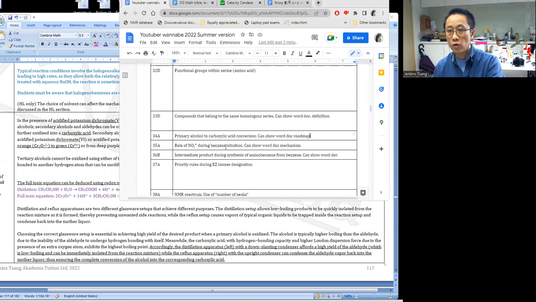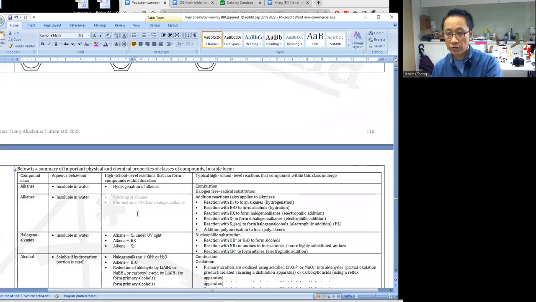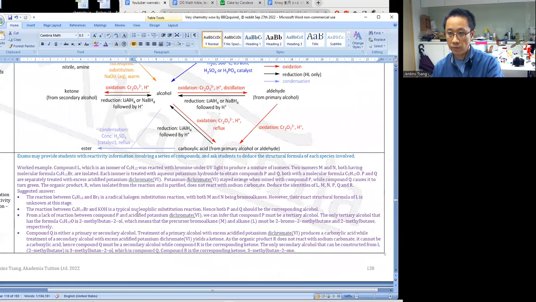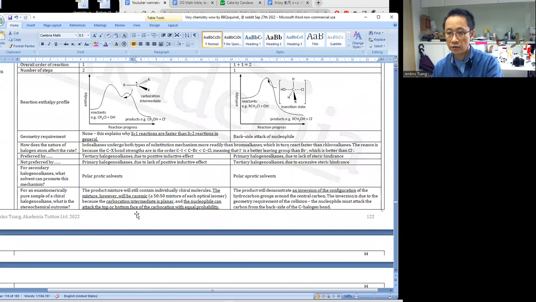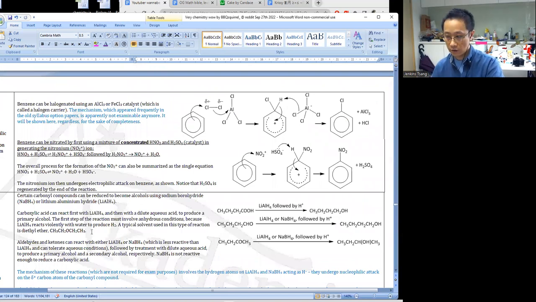Moving on, question 35, role of NO2+ during a benzene nitration reaction. And they did give you the reaction, but hopefully they don't even need to give you the reaction. Benzene nitration only occurs through a unique mechanism as such. So NO2+ is a species where the nitrogen definitely does not have a lone pair, and the mechanism just involves, if you have to, I don't think you'll ever need to draw out the structural formula for the nitronium ion, but the mechanism involves